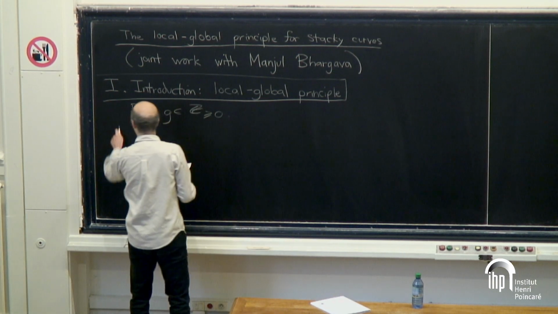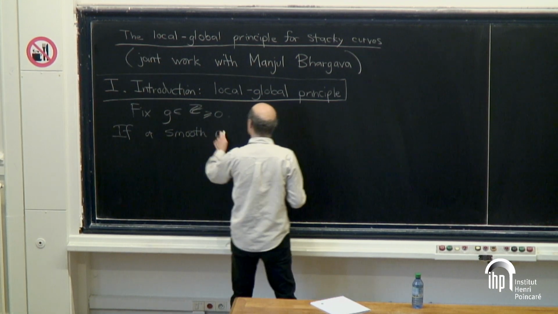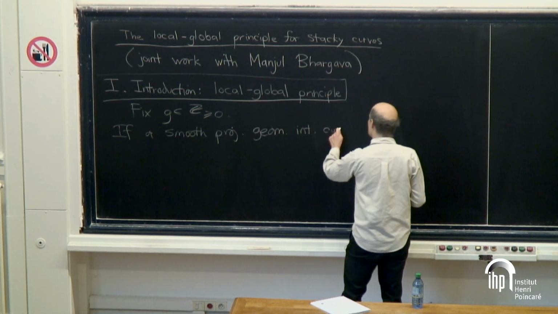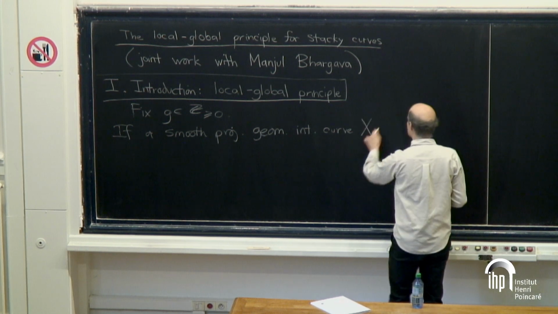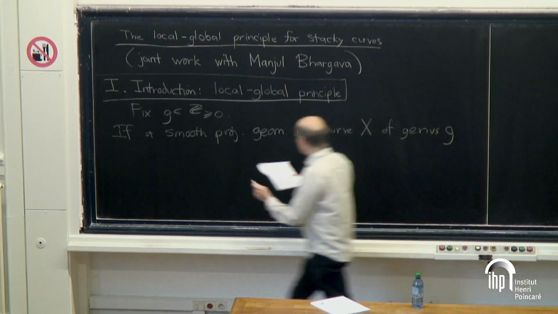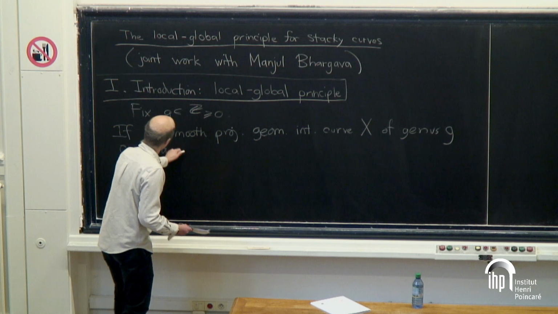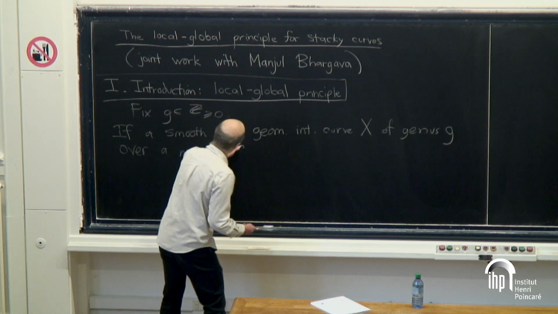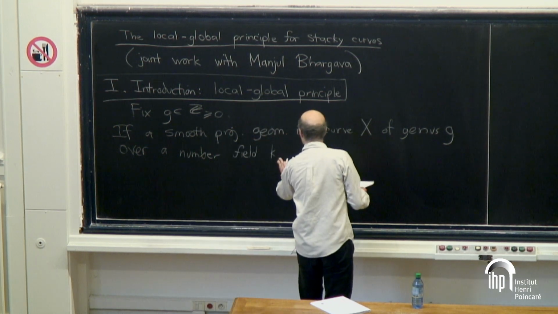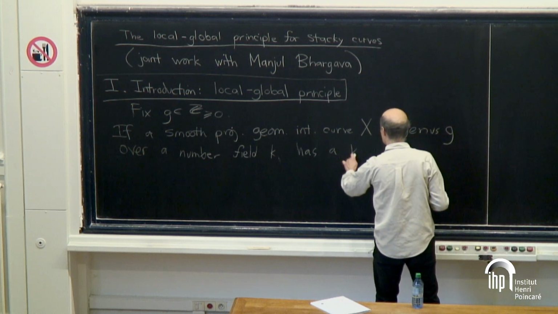Then you can ask, if a smooth projective geometrically integral curve x of genus g over a number field K has a local point over every completion, a K_v point,